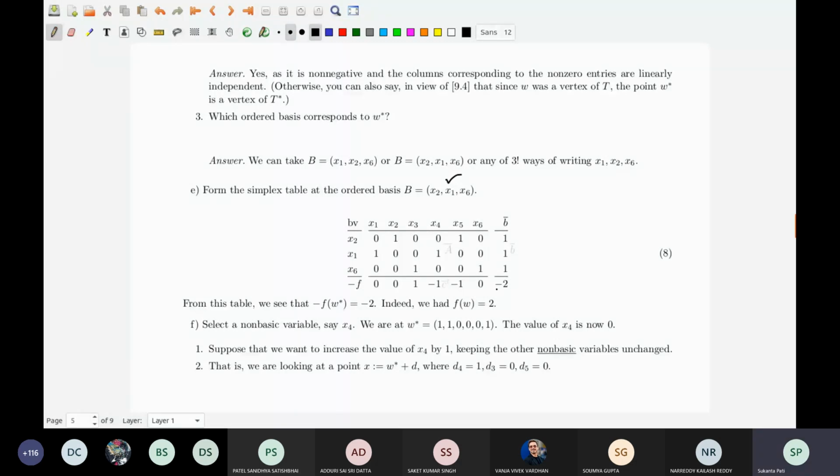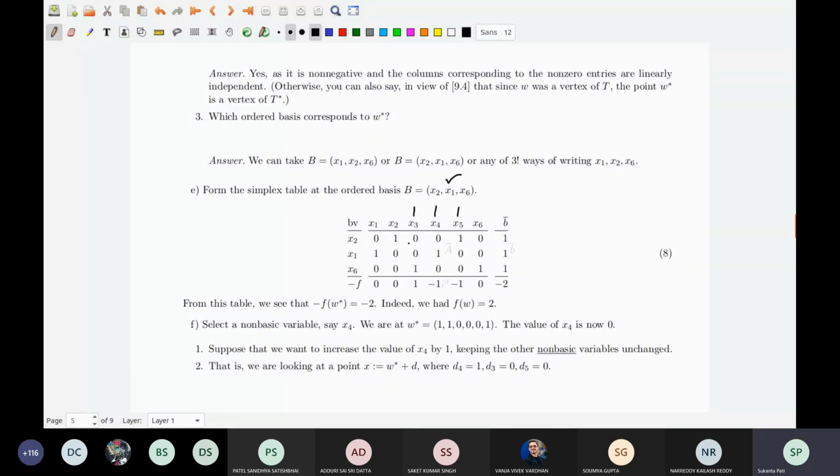So you were given one LPP, you had the SLPP, you had a vertex, a BFS, and you have the simplex table. What this simplex table says, now this is the revised problem to work out. But here is the important information. It says, what are the basic variables here? Now x2, x1, x6. What are non-basic? Now non-basic are x3, x4 and x5. These are non-basic.